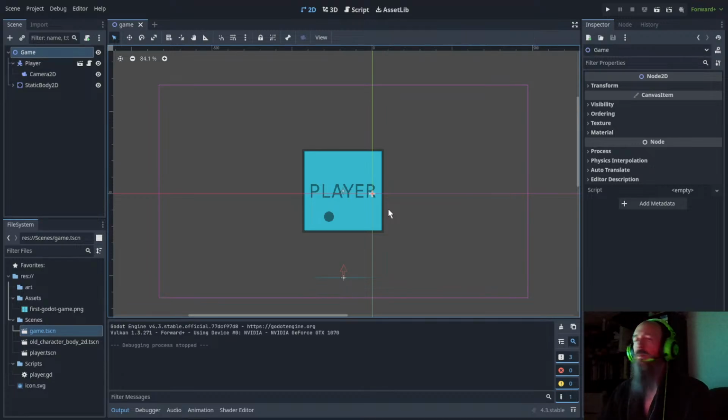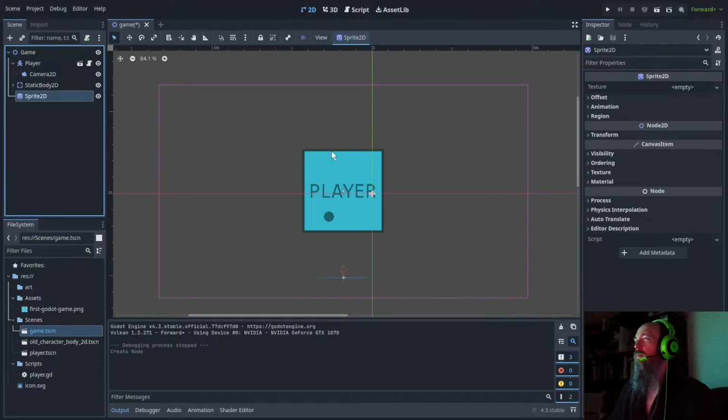Oh, you can't see the create new node window there. Probably should just share whole monitor. Anyway, let's try image, no background. Ooh, parallax background. Interesting. Anyway, I'll try Sprite 2D